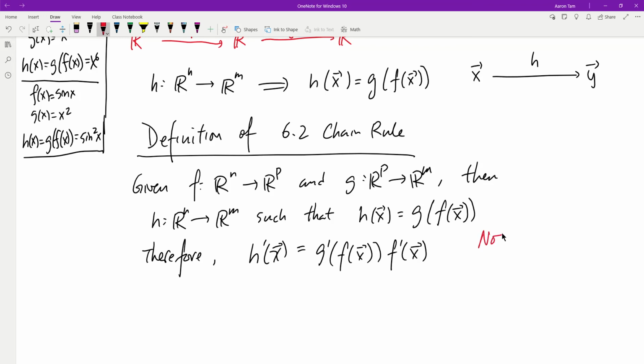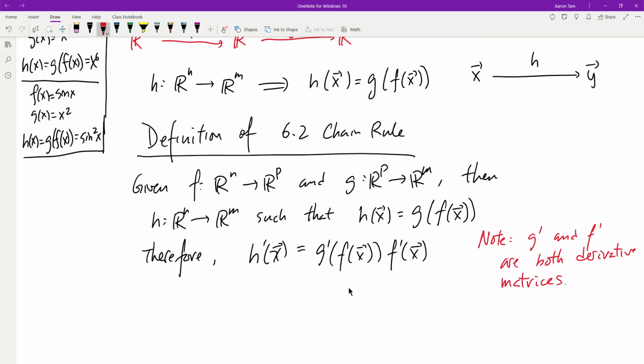So make sure you pay attention to that note. g prime and f prime are both derivative matrices, which is the reason why there is a lack of dot product between them,